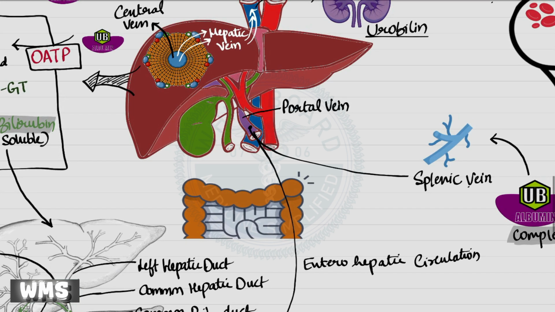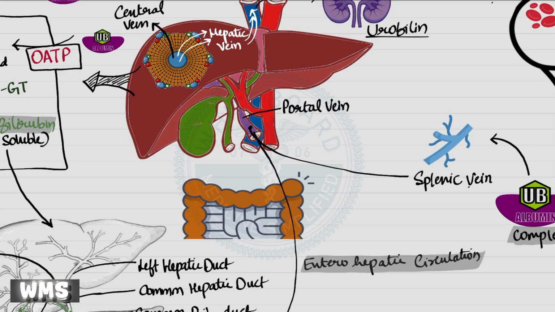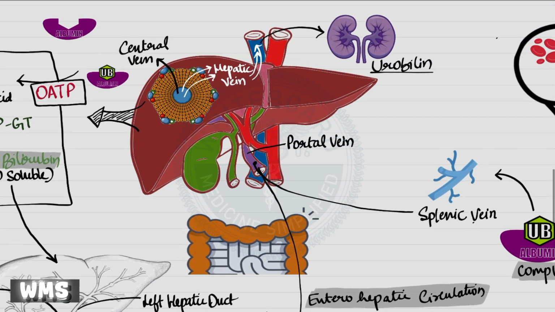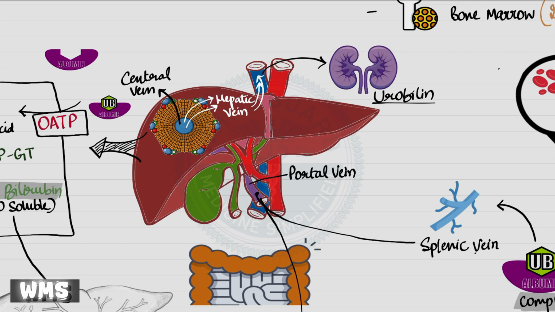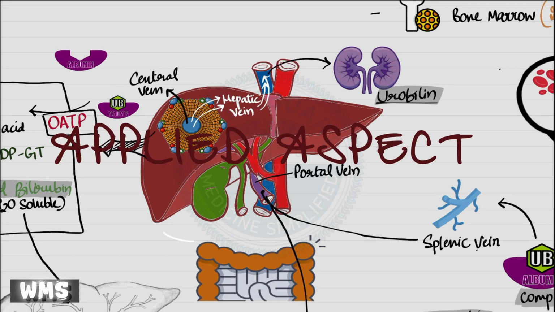A small fraction of it is reabsorbed and returns to the liver through the enterohepatic circulation. But a tiny amount escapes and is excreted by the kidneys as urobilin, giving urine its yellow color. Now that we've understood the normal physiology of bilirubin synthesis and metabolism, let's look at some of the applied aspects